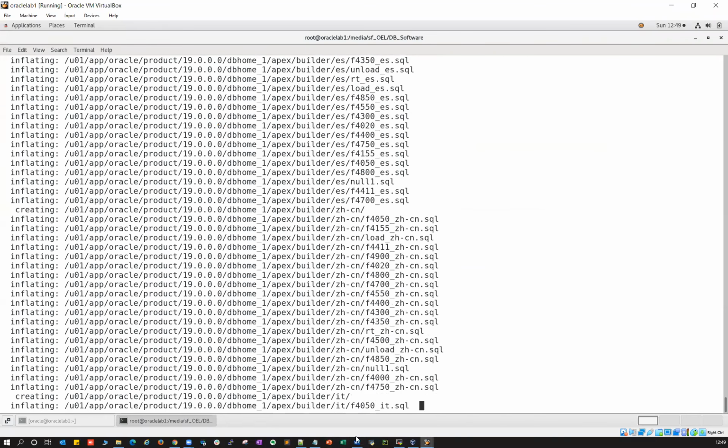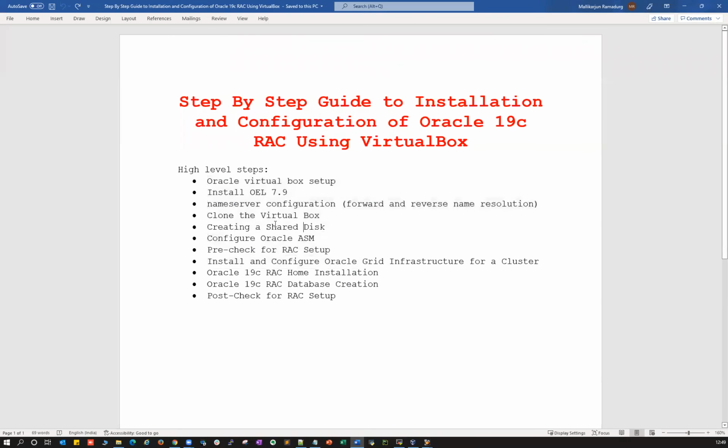Just to add a few more lines here, the pre-check configuration for the RAC setup, or rather the clusterware setup, is done using runcluvfy.sh.